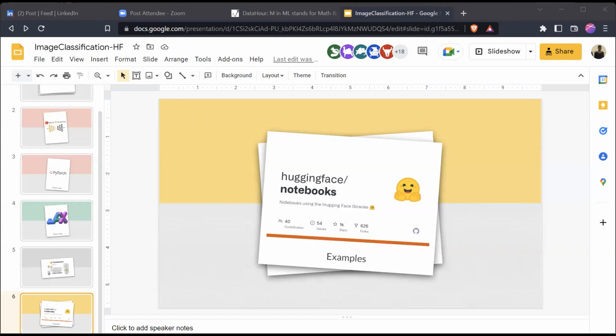Here, just look at what I'm doing. I only need to decide what kind of model I will be using, and this line, Microsoft Swin, comes from a hub where there are many models available.